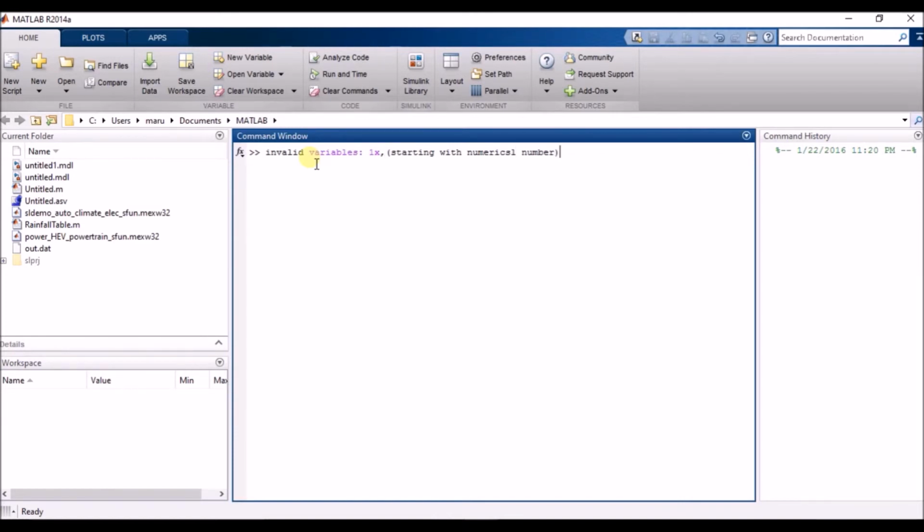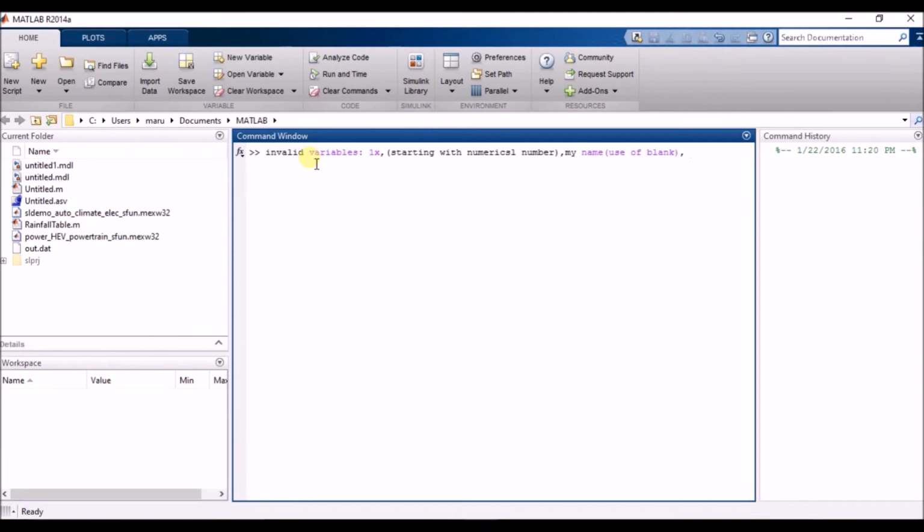Okay, and next thing, my space name, because here we can't use any blank or space. Use of blank is invalid within the MATLAB software for assigning the variables.